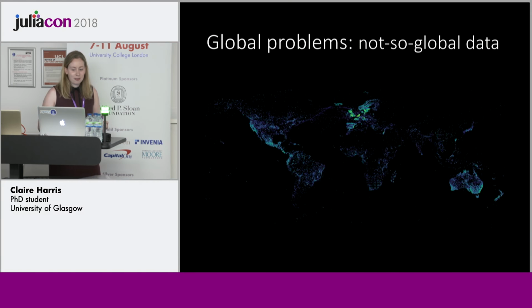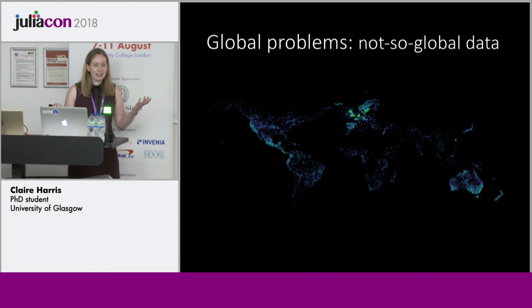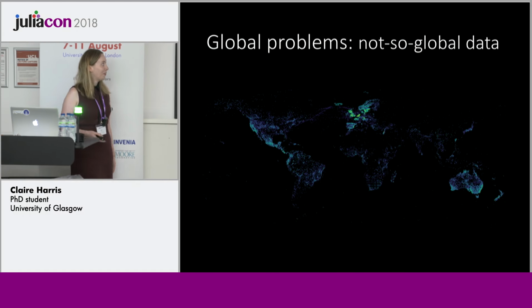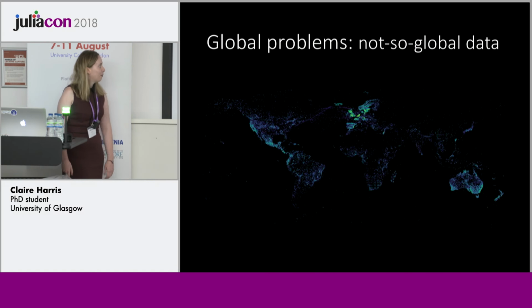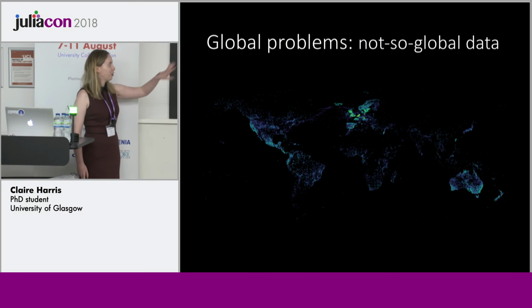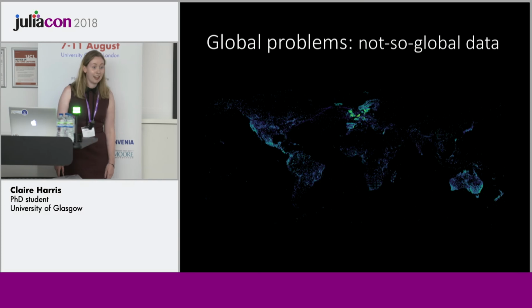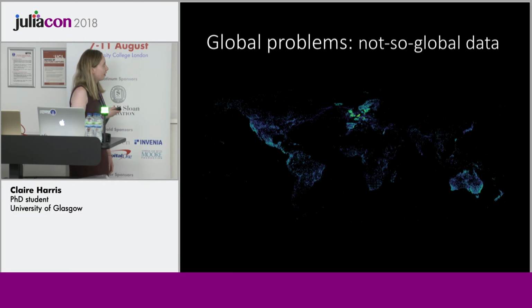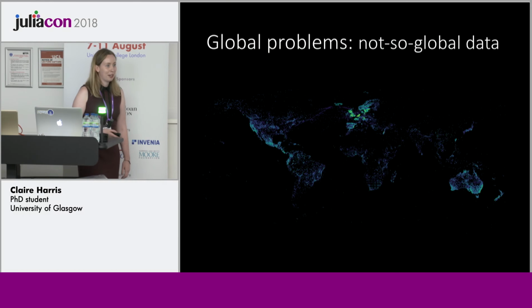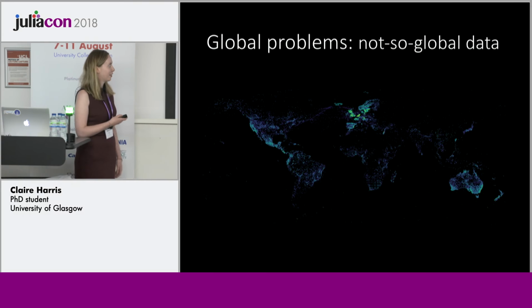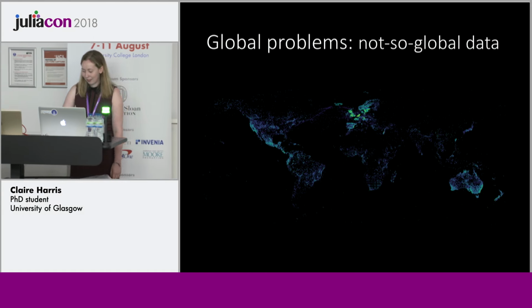So one thing you might want to do is probably just look at the data as it is right now. But the problem with that is that although we've got this global outlook, the data itself, here I've plotted the last few decades or so of plant data that's available. And what you can see is that parts of Europe come out quite strongly. You can see Australia down there and bits of America. But there are whole swathes of regions that are very underrepresented in terms of the data that's available. And that's not because plants aren't there, it's just they're not being catalogued.